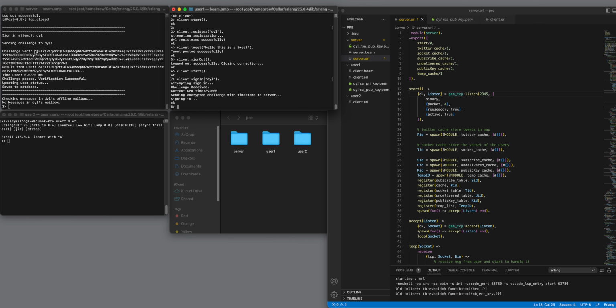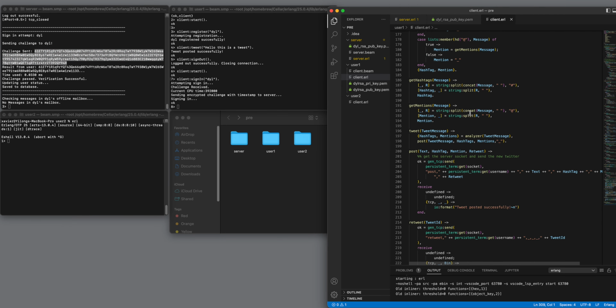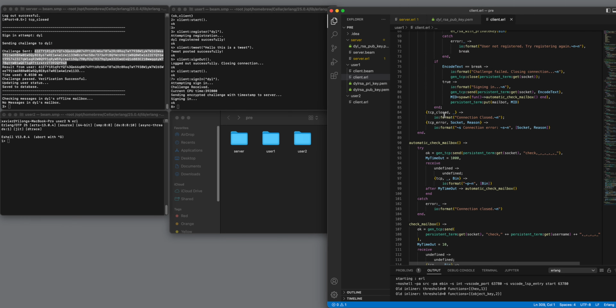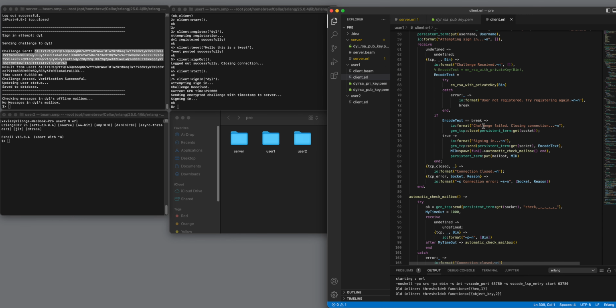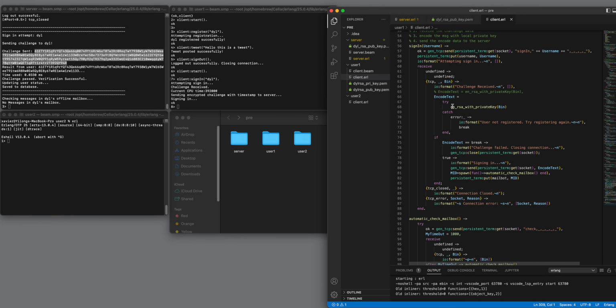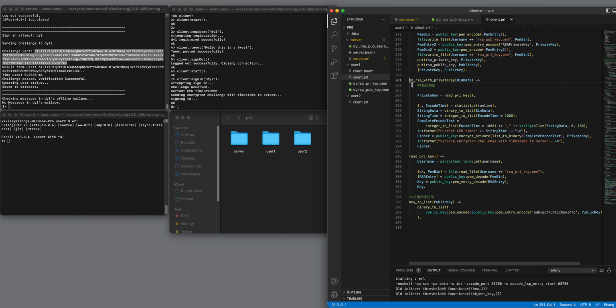The server will send a 256 bytes challenge to the client. And if the client gets the message, it will start to encode this message with its private key. Like here, we're going to